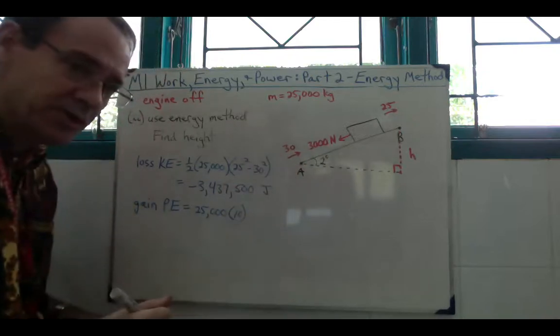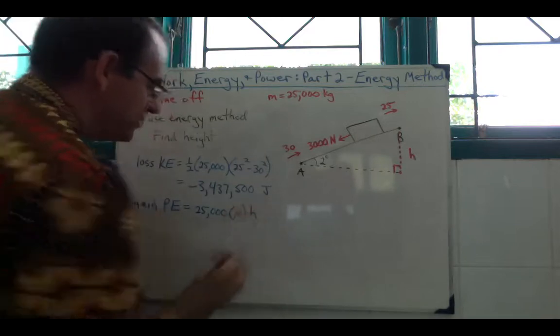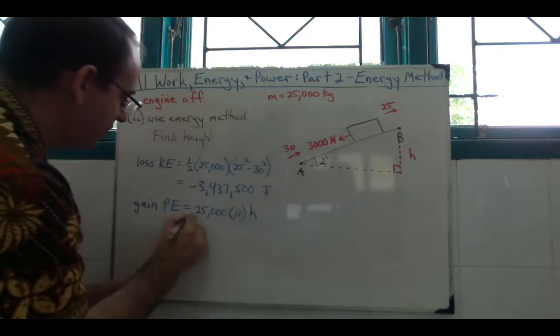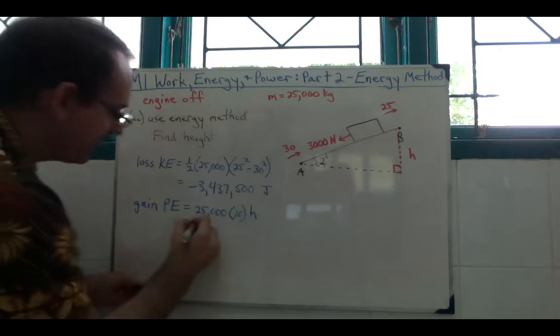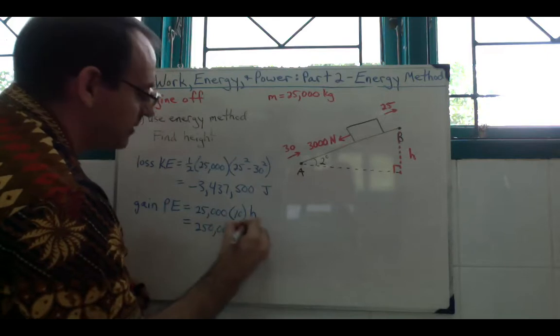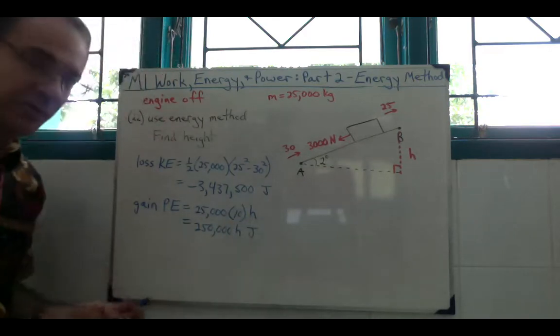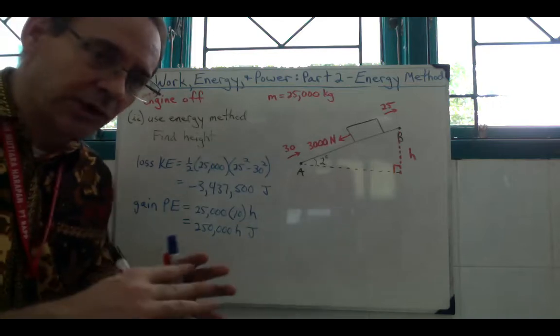Well, we don't know the height. That's what we're solving for. So I'm just going to leave it as h. And so this is going to come out to 250,000 h joules. And so what we want to do is now put this into our total